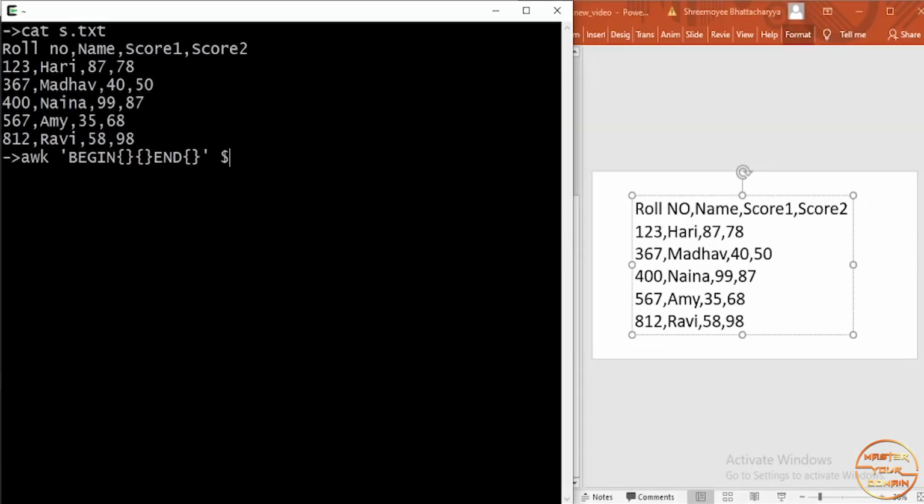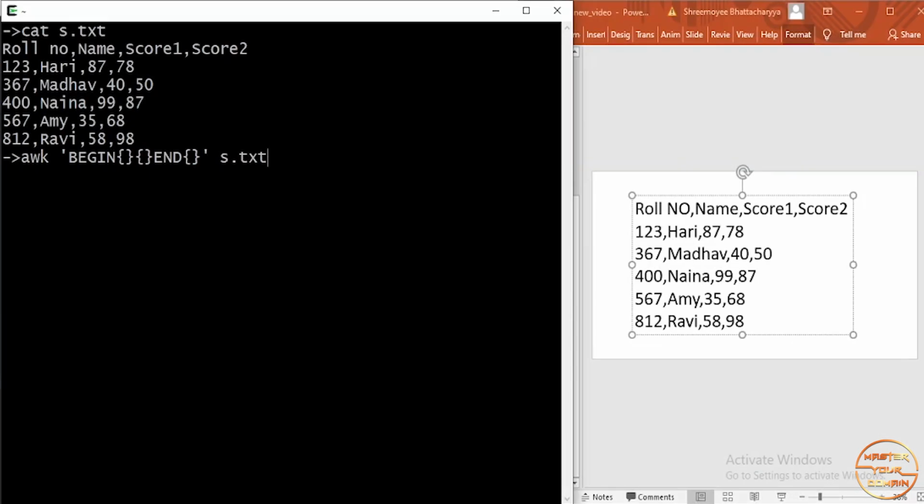So how can you take the command line arguments? It's in this way. $1 is going to give you the first parameter of your command line argument, $2 the second parameter, $3 the third parameter. This is how we take the command line arguments in Unix. For this case they are going to provide only a single parameter, which is the name of the input file, and you can take it with the help of $1. So $1 for your case specifies the file name of your input file. But for my case it's s.txt.